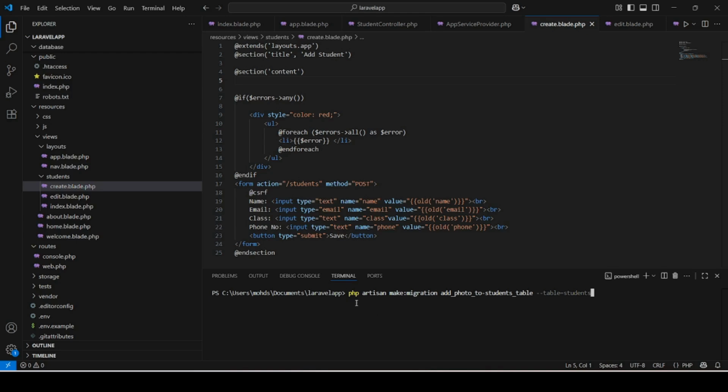What we are doing is giving a command to make a migration, add photo to students table, for table students. Hit enter